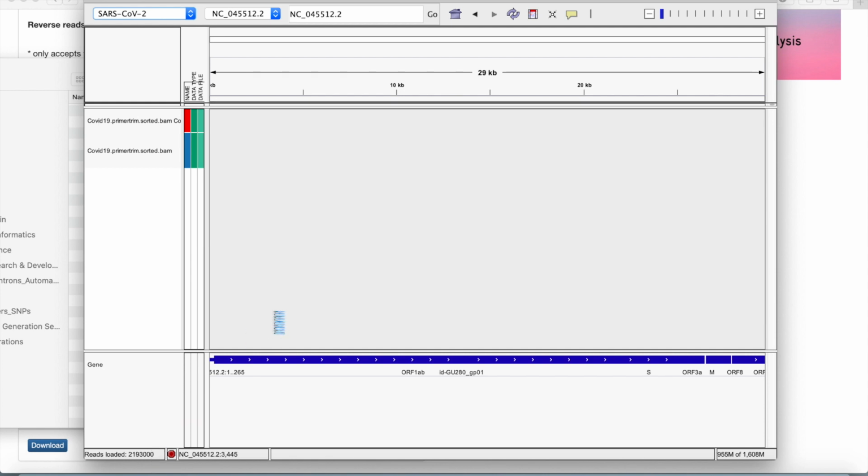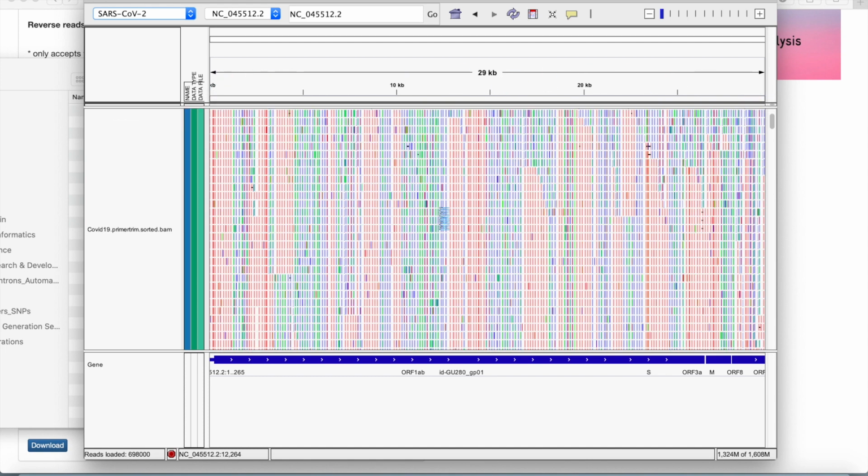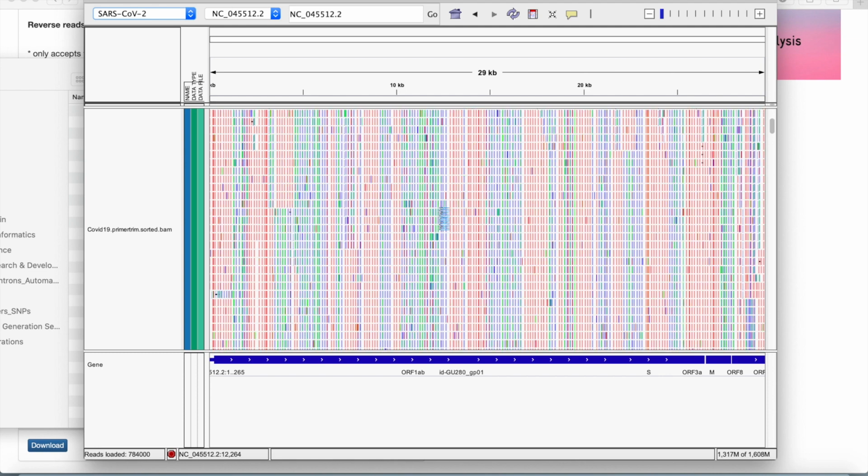I think it's maybe around 2.5 million reads for this sample. Okay, so there you have it. So here you can see all of the reads now aligned to the coronavirus genome. And what we'll be able to do, using this tool, is browse it. So here you can see the full 30 kilobase genome and all of the sequencing reads from our